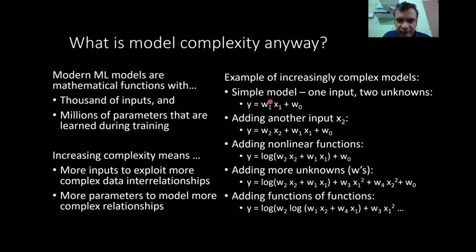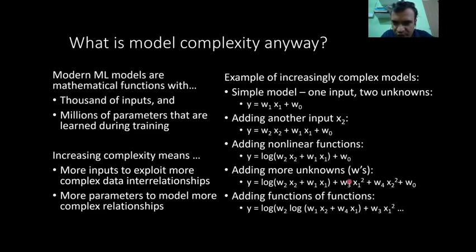Now let's say that one input is not enough to model the output correctly. So you add a second input. For example, let's say you are trying to predict customer behavior. You are using only the total ticket of their last purchase. Now you also want to add how frequently they come to your store, so that becomes an x2. So you can add more inputs and make the model more complex. You can change the type of function, make it more nonlinear instead of this linear equation, and it will become even more complex. You can put several nonlinear terms in the function,